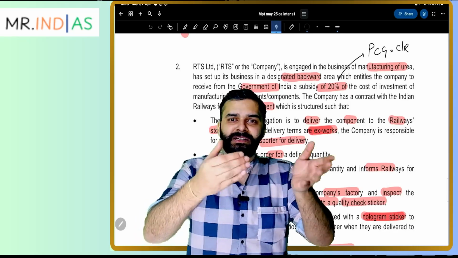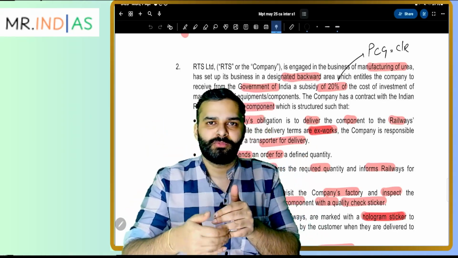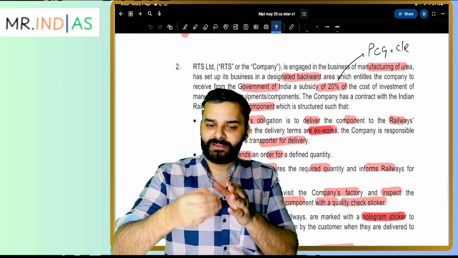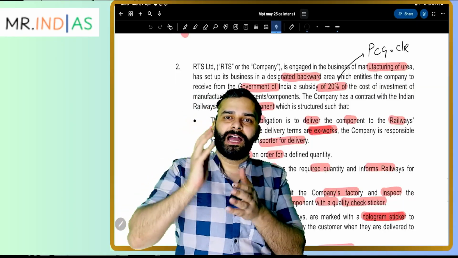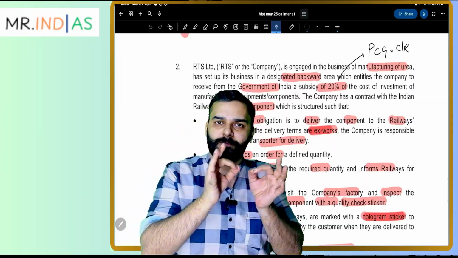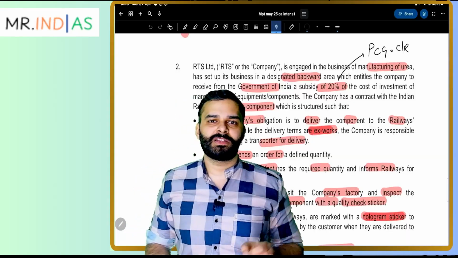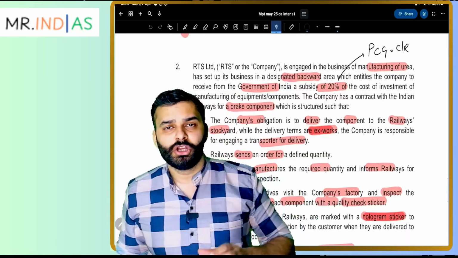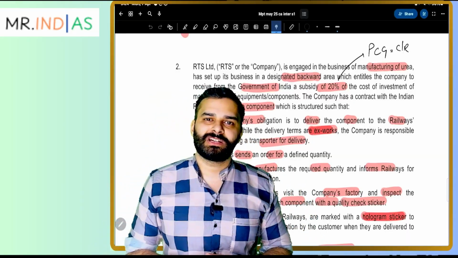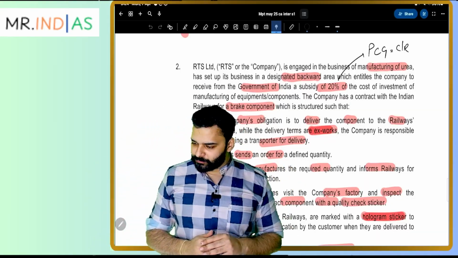So that investment that the government invests without recalling it is kind of a promoter contribution grant, a kind of investment that government puts without placing an obligation on you to repay or recall it. It is called a promoter contribution grant. The accounting for it is it should be transferred to the capital reserve. So the journal entry you are going to pass for the promoter contribution grant is bank account debit, to capital reserve. So this is the point for the promoter contribution grant.